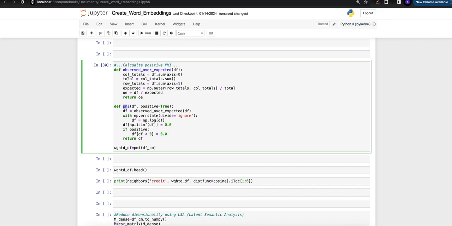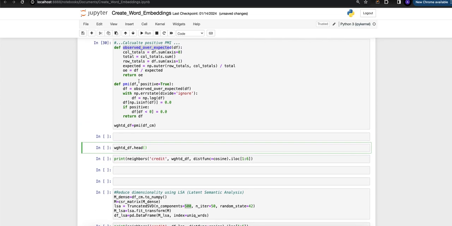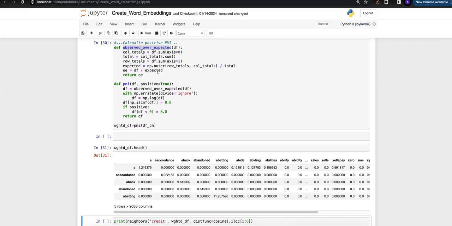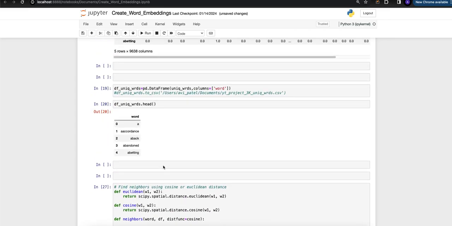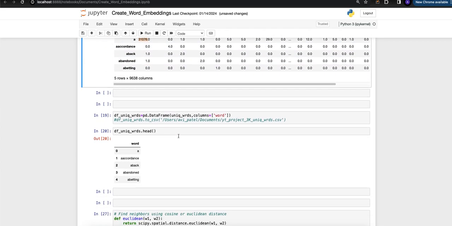In order to do that, I use observed over expected first, because PMI, and I'm not going to get into the math, is basically observed over expected in a log space. Okay, I'll just leave it at that. So we ran that. Let me show you this so we can compare things. Now the word A by A has a value of 1219. If I come to the original one, it had a value of 31,000. So we have reweighted this basically